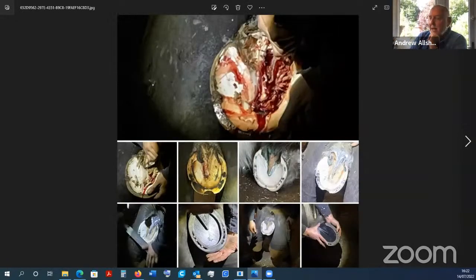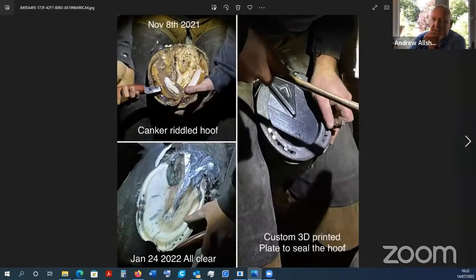This is basically a full set from when we started at the top to the end, and I'll go through the slides and show you what we did. We started on the 8th of November, and we found out actually on Christmas Eve